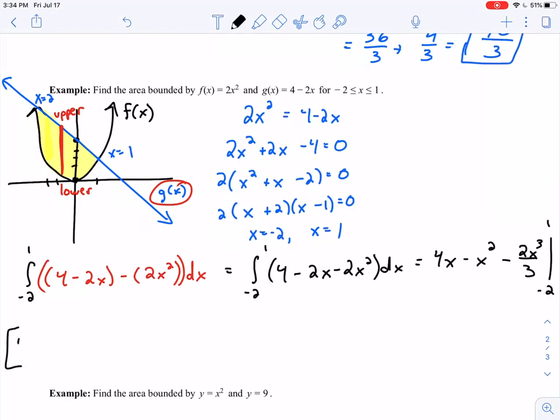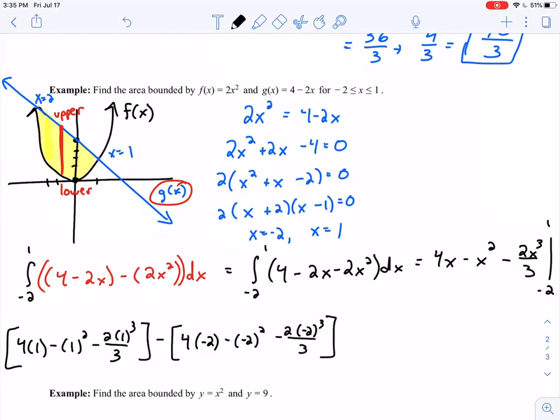So let's see, I have 4 times 1 minus 1 squared minus 2 times 1 to the third over 3, minus 4 times -2 minus -2 squared minus 2 times -2 to the third all over 3. So let's see if we can take our time here with this. I will have, and actually let's just do it right below, 4 minus 1 minus, this will be 2 over 3